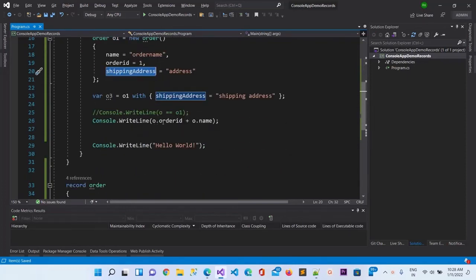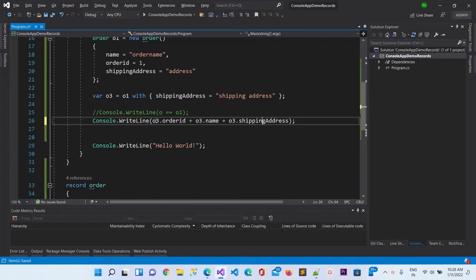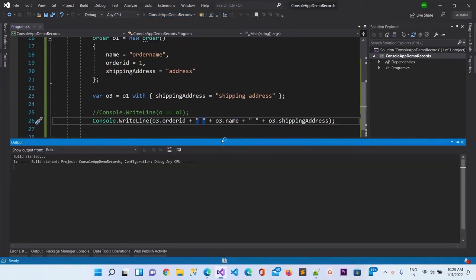So let me print O3.OrderID, O3.Name plus O3.ShippingAddress. Let me also add a little space so it is more meaningful. Now let me run this. You will see the shipping address with the older values here.